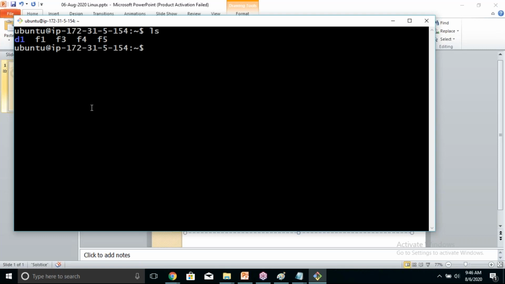Krishna, can you tell me how many files we have and how many directories we are having? We have 4 files: F1, F3, F4, and F5, and we have D1 as a directory. How do you identify that D1 is a directory? As visual, I can see the blue color for the directory and white for files. Now, one way of identifying which one is a file and which one is a directory is by color identification. Directory is in blue color and files are in white text, isn't it, Krishna?